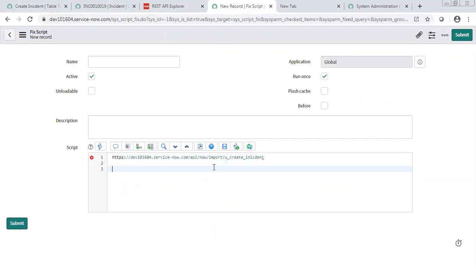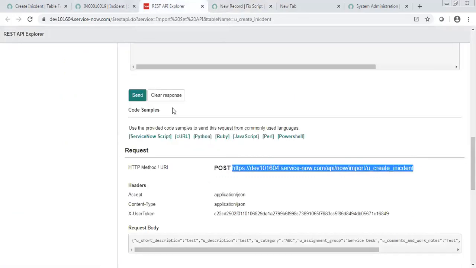But I don't understand one thing. We have got the ticket created in our target table, even though no third party has sent any details. This is what the REST API Explorer has provided to test your web service. So it is acting as a third-party tool for now. You can test it either through Postman or through REST API Explorer. With REST API Explorer, you didn't need to pass any credential.